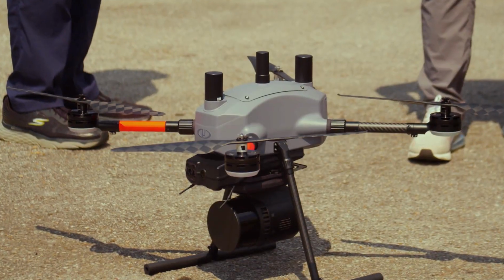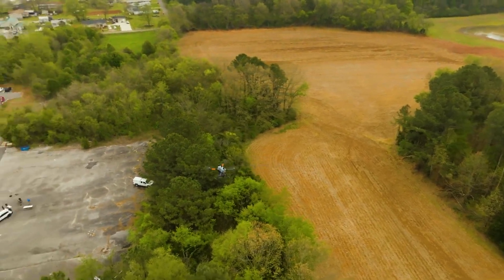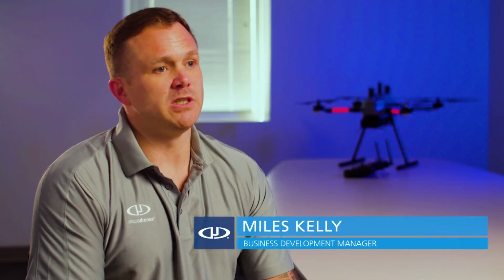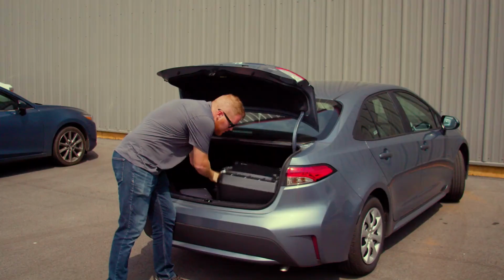The EasyOne is going to be a paradigm shift in survey drone technology, and I think the marketplace is going to respond very, very well to what we've done. The EasyOne really excites me because of its portability and its small form factor. Nothing can compare to being able to have an integrated solution, especially a LiDAR solution that you tote with you